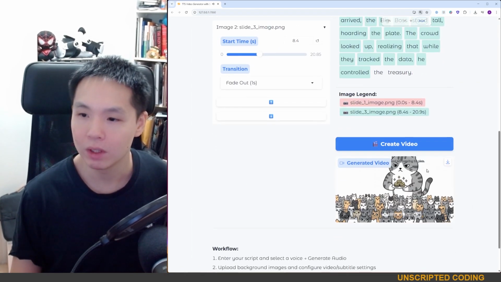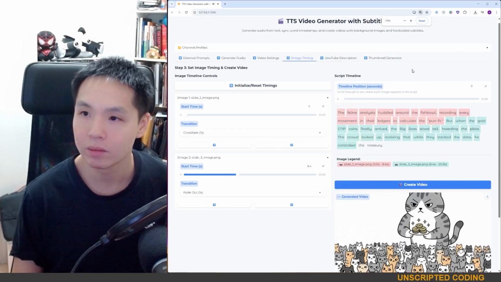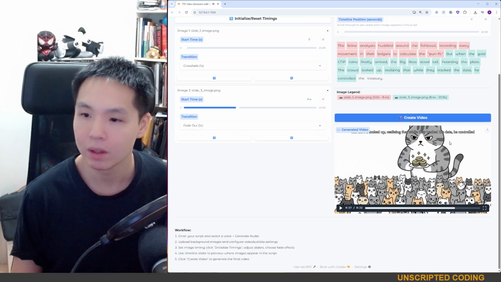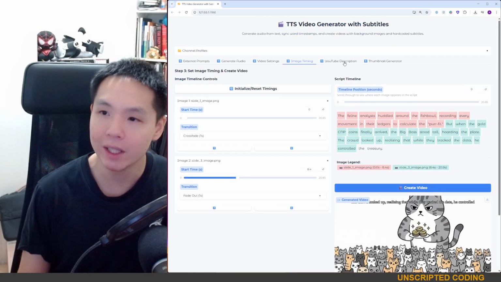Hoarding Hoarding Oops. Uh, the the plate. plate. The The crowd crowd looked looked up, up, realized realized And then finally, I just have a couple basic